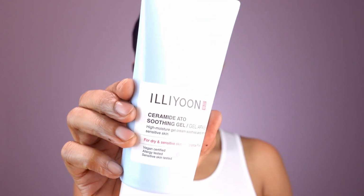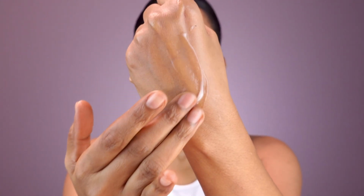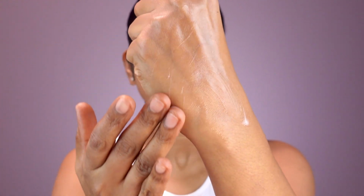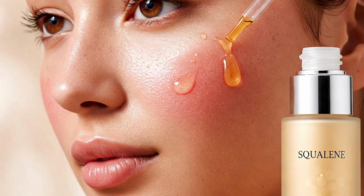This is the Illiyoon Ceramide A2 Soothing Gel, a face and body gel designed to strengthen and repair the skin barrier, gifted by the brand. It's super lightweight, gel-based, fragrance-free, and has only 15 ingredients. Well, that's quite minimal compared to most moisturizers. It includes skin-loving ingredients like panthenol, madecassoside, Centella asiatica, glycerin, squalene, betaine, vitamin E, and most importantly, ceramides AP, NP,